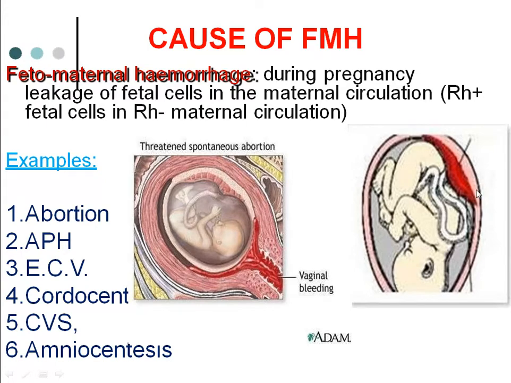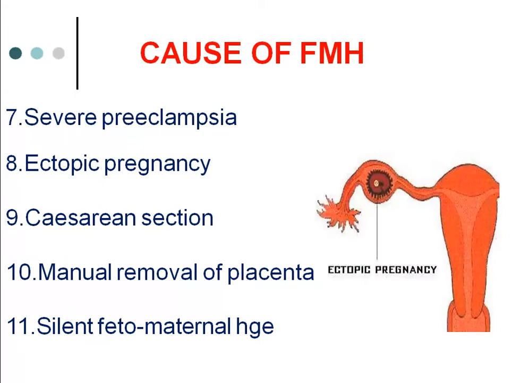So you see this baby, as you can see this baby. So there is amniotic fluid. Baby is floating inside the amniotic fluid. So you put a needle inside and take out the amniotic fluid. So this process is called amniocentesis. During that time also there may be some puncture somewhere where the fetal blood again can go into the mother's circulation.